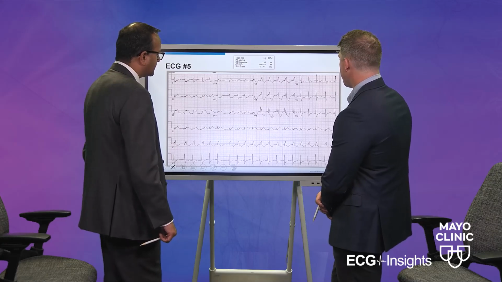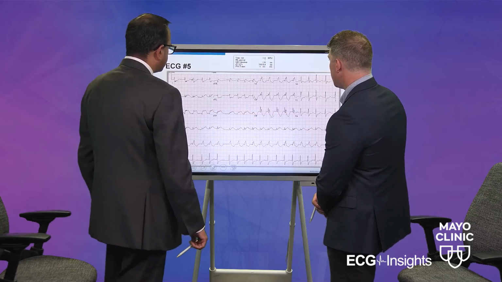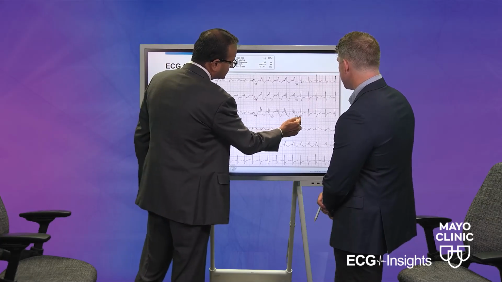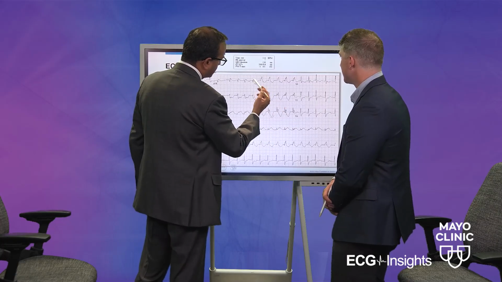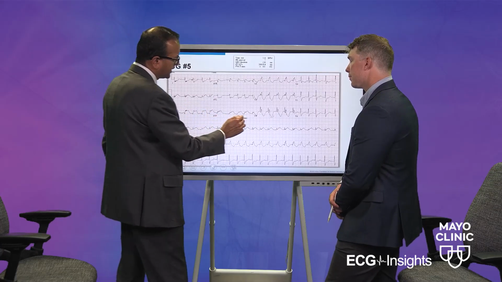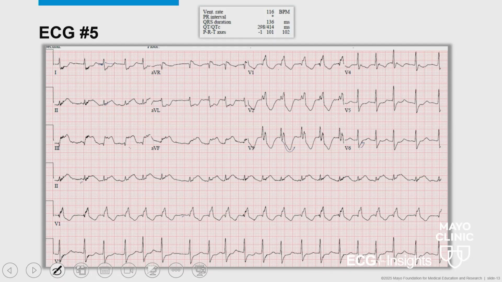Yeah. Yep. Great. Anything else you would see, and maybe next time when we talk about bundle branch blocks in more detail, you can see one of the markers that you have right bundle branch block is that means you have no or less electricity going down the right bundle. This is irrespective of acute MI, and you will always get this slurring of the S wave in V6. So again, normal QRS is summation of LV activation and RV activation. So the LV activation, which is onset of QRS, goes down to the deep of the S wave. It's all LV activation, which is normal. But this RV activation, which is the terminal part of QRS, is very slow.